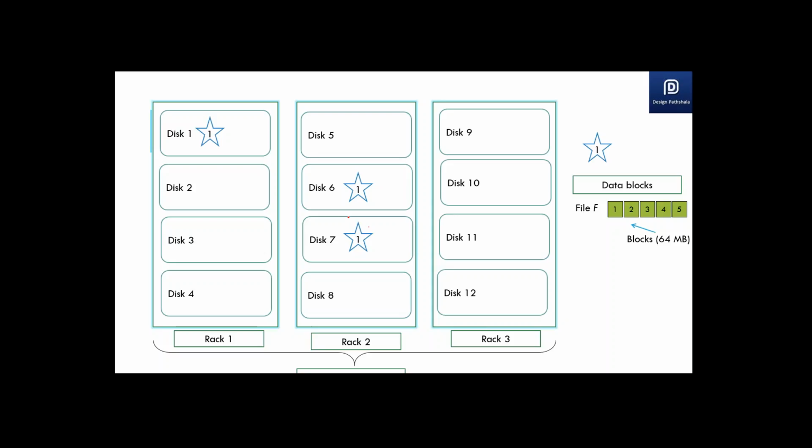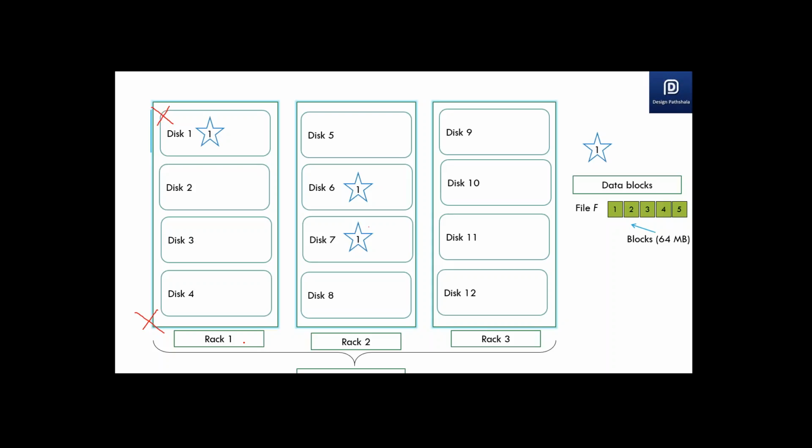There's a high probability that the whole rack 1 can go down, and similarly there's a high probability that the whole disk 1 can go down. But the probability of 2 racks going down in your data center is less compared to 1 rack going down. So here we are trying to minimize the risk as much as possible.